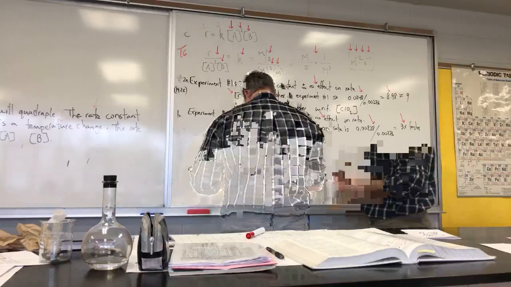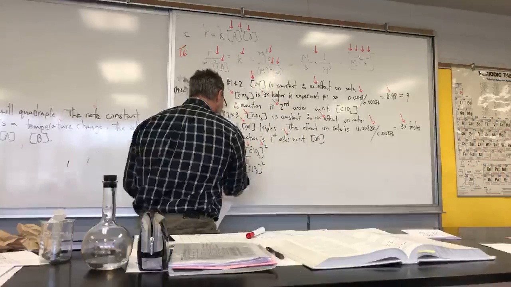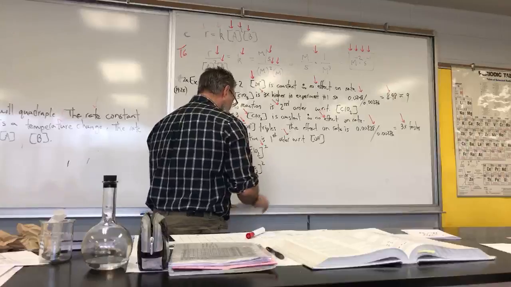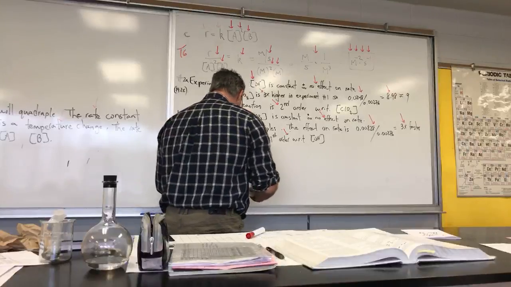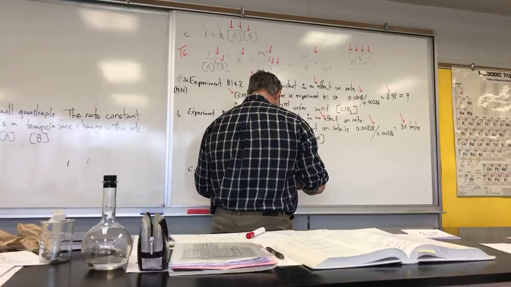So the rate equation is K times the hydroxide concentration times the chlorine dioxide concentration squared. Why am I writing this the second time right below? Because that alone was worth 1 mark. If you just got that far, I gave you a mark. Then, the value of